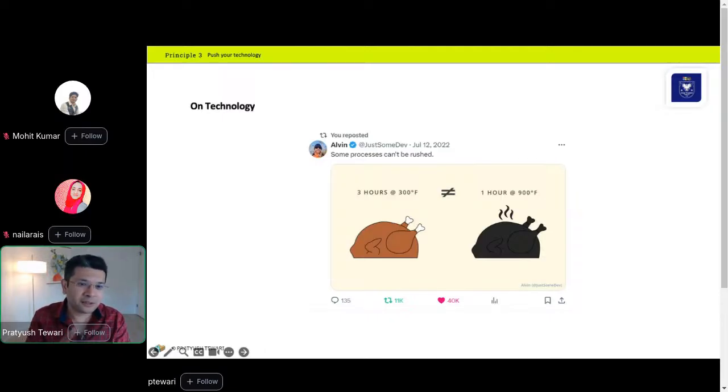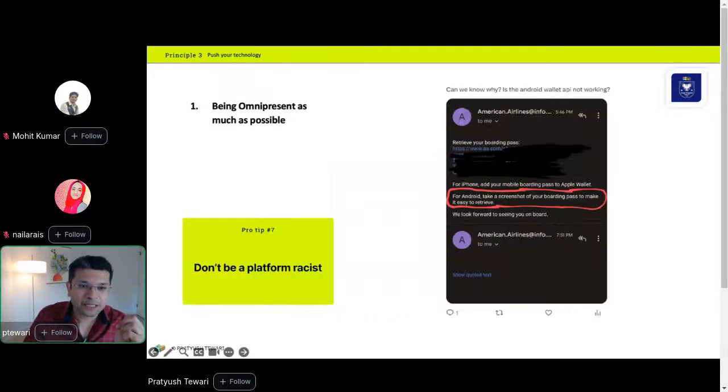You cannot cook food that takes 3 hours at 300 degrees Fahrenheit and supply the same amount of energy to that food for 1 hour and expect it to taste the same. It's not going to work like that. Sometimes time is essential for you to cover all the edge cases. So let's look at how you can push your technology.